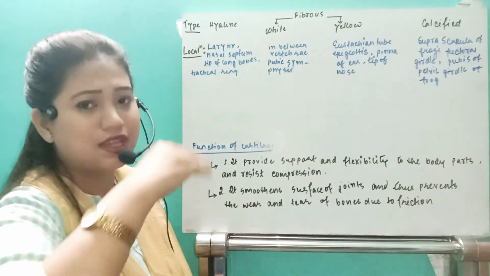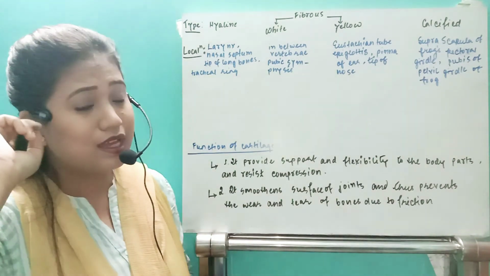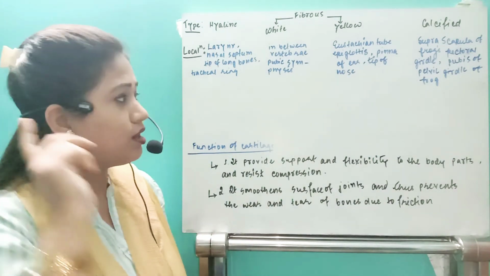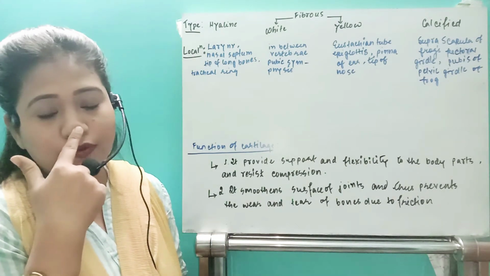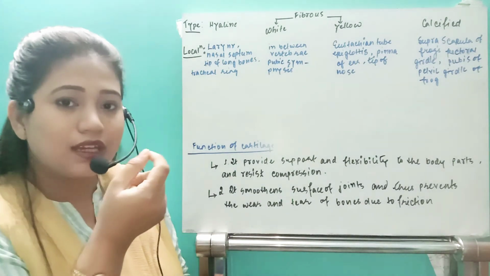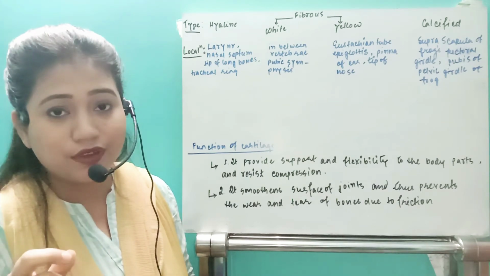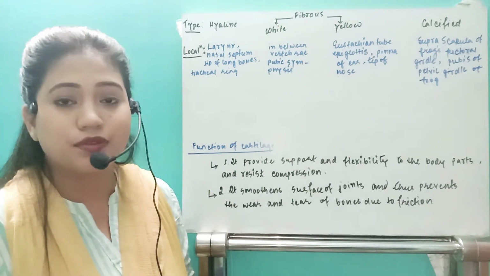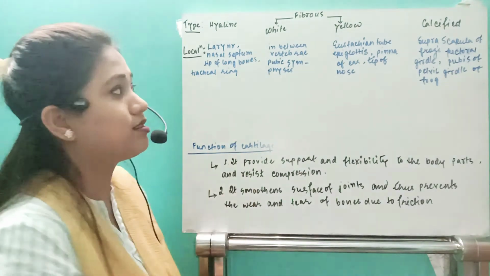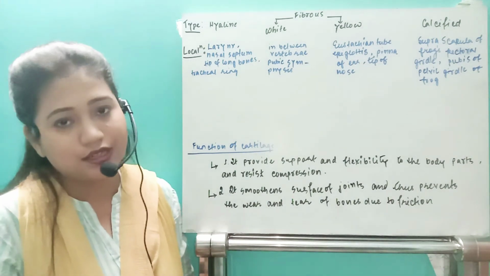Now next one, see the epiglottis. Epiglottis is present just as a flap above the glottis. Next one, the pinna. Pinna is the external ear. This is the pinna of the ear, and this is the tip of the nose. If you bend it, yes, it is flexible, but whenever you remove your finger, it will come back to the earlier position. How is it possible? It is because of the elasticity, and this is the yellow fibrous cartilage.